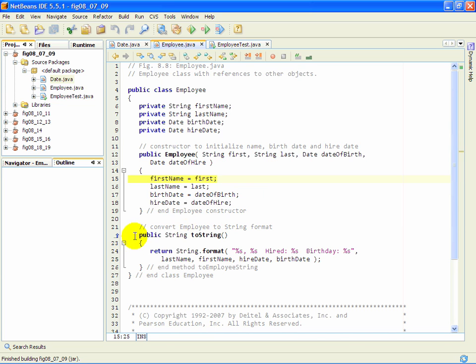The last piece of our string class here is the toString method, and again this is going to allow us to get a string representation of our employees, and we're going to return a formatted string consisting of 2 string placeholders for the last name and the first name, and then additional string placeholders for the hire date and the birth date. Notice that we have objects of type Date that we're outputting here,